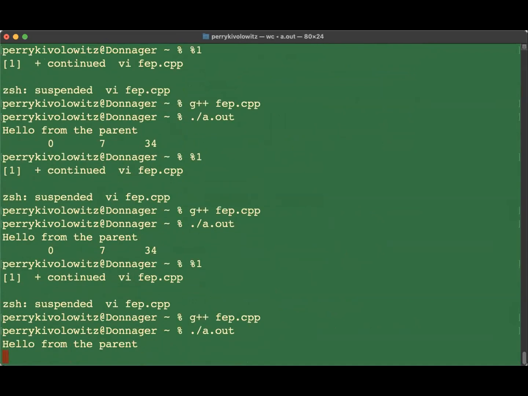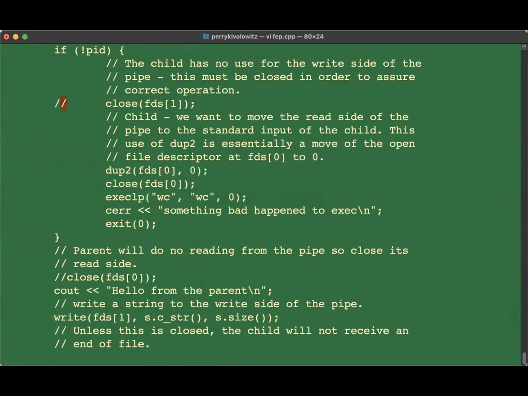Okay. Now, the problem is wc won't print anything until it gets an end of file. That's the way wc works. It's counting the number of words, the number of lines. So it has to get an end of file before it prints anything. Now, it won't get an end of file as long as the parent has the right side open, as long as anybody has the right side open. So this is the right side of the pipe. Unless we close it,